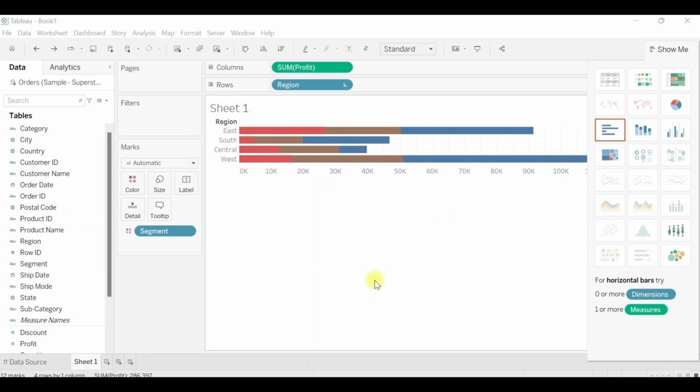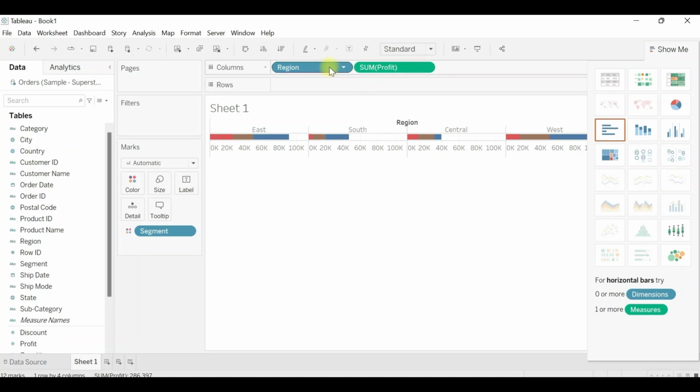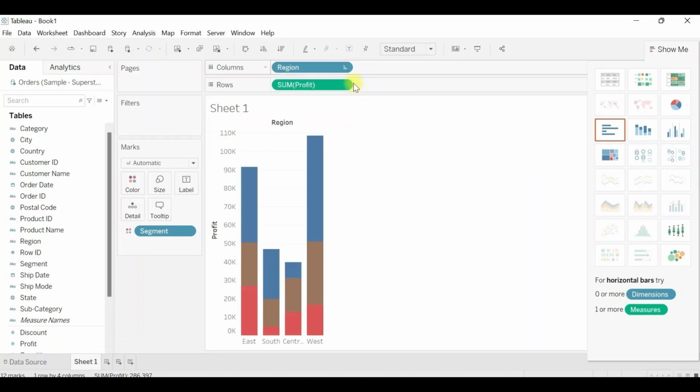So you saw how to create a bar chart, but by default, like I told you, I dragged region to the rows and profit to the columns, and Tableau created a horizontal bar chart. What if we need to create a bar chart that is vertical? What you can do is push your region to the columns and push your profit to the rows, and you will notice you get a vertical bar chart.